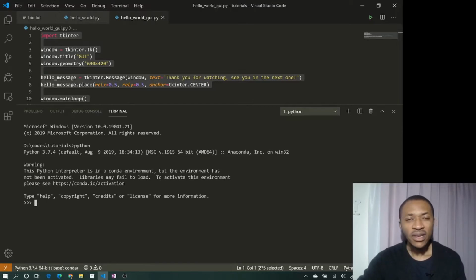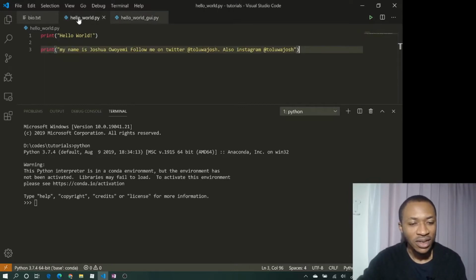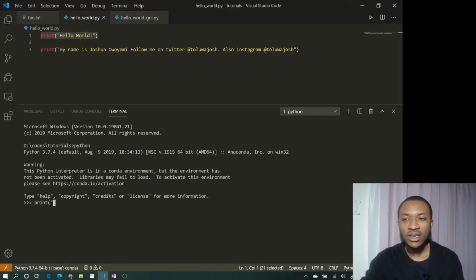So the first thing we're going to talk about is printing. Printing is basically an essential part of Python. That is, if you get an input, you want to print out an output, you want to print out the content of a variable, you want to print out a message to the user. There are so many ways you can do this, and we already talked about this in the hello world, where we use the print statement in order to print out a particular message. So basically you just write print and put the message in the double quotes. So hello world,